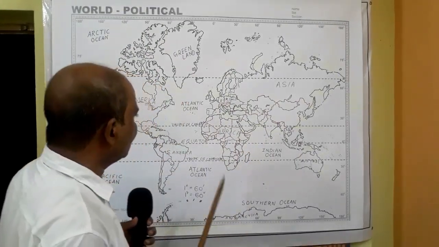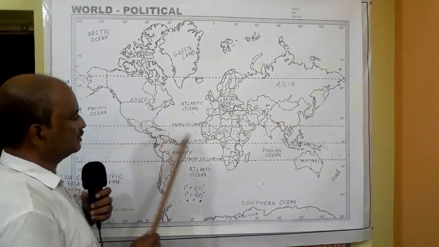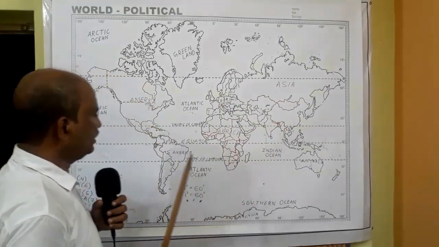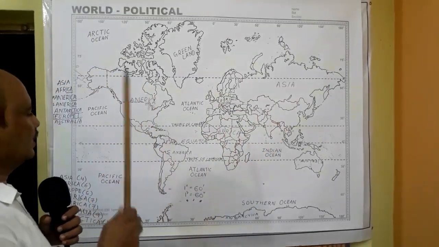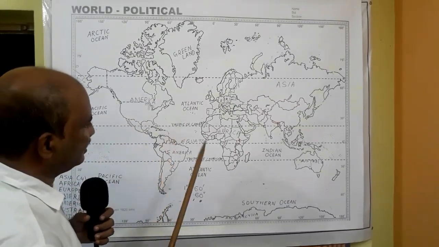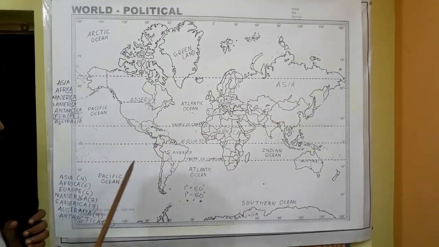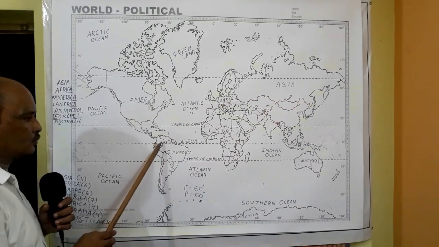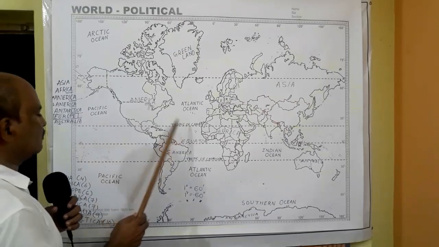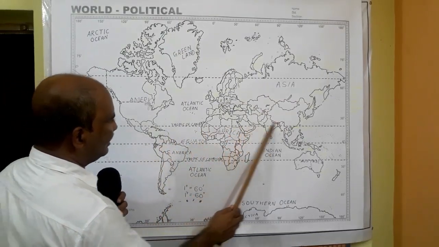But what are the other continents? They include the North American part, then the Africa part, then the Asia part. So no important latitude passes through more than 3 continents. Now we have seen the equator passing through South America, Africa and Asia, whereas the Tropic of Cancer passes through North America, Africa, then Asia.